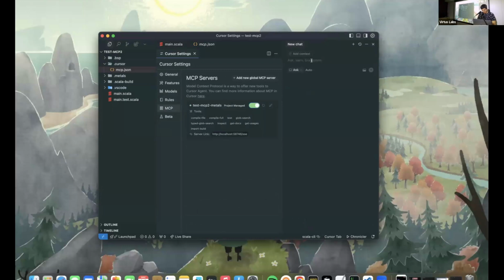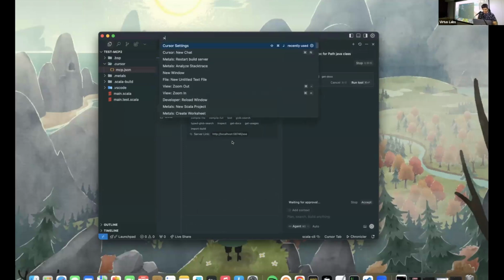Let's try something easier then. Agent, can you find Scala doc for the Path Java class? Okay. Now this should query MCP.